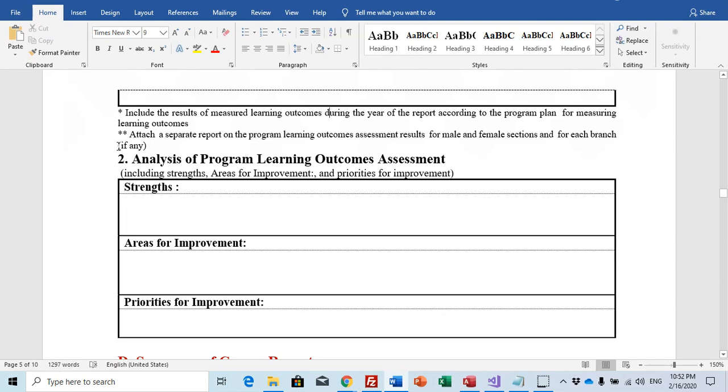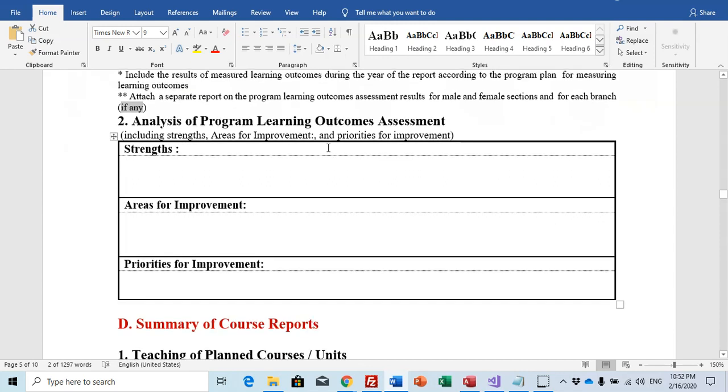If you don't have, you don't attach this report. If you have only male and only one branch, there is no need for this report.